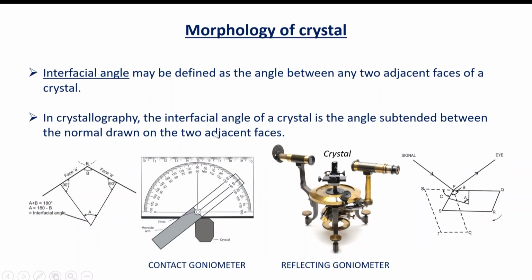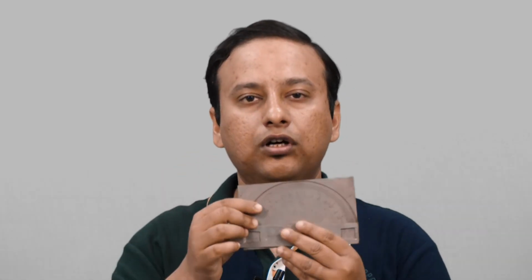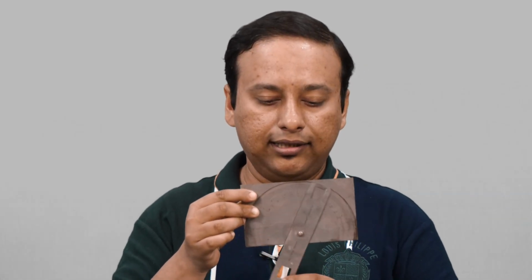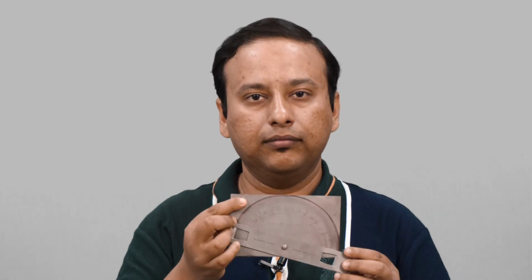So in crystallography, the interfacial angle of a crystal is the angle subtended between the normals drawn on the 2 faces, and for this we generally use two kinds of instruments. For larger crystals where you can place an instrument like this one, you can see there is the contact goniometer. It simply works like a protractor from a geometry class in school, but it has a rotatable arm that is